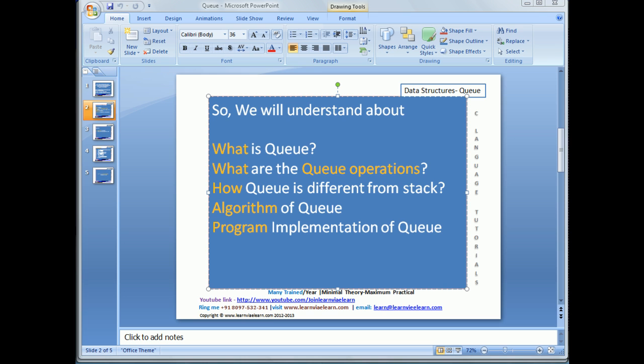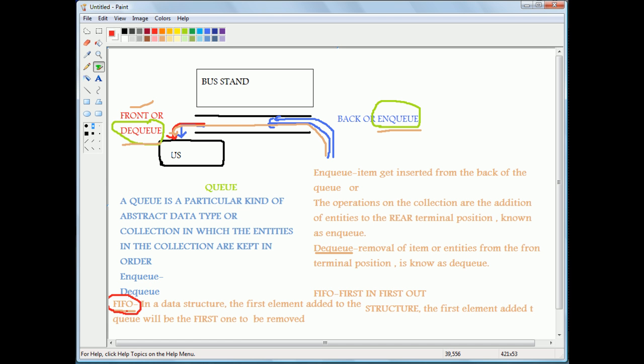See the basic difference between the queue and a stack: a queue follows FIFO and a stack follows LIFO. It means in a queue, as we have seen, we have FIFO, first in, first out: the element which is entered first must go out first. However, in a stack we have LIFO, which is last in first out. Remember I explained to you the example of a vessel where